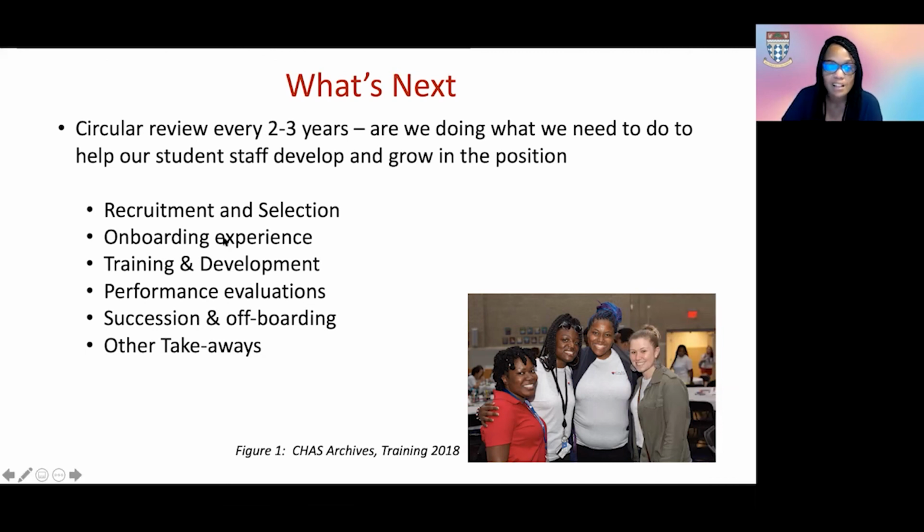Also, another element is team development, right? And so we have a pretty large team. We have 23 RAs and GRAs working with the house. It's a little bit over 400 first year students, right? And so they spend a lot of time together executing this first year experience with myself and our faculty. And so one of the biggest skills that they take away from this position is being able to work cooperatively within working groups and to discuss